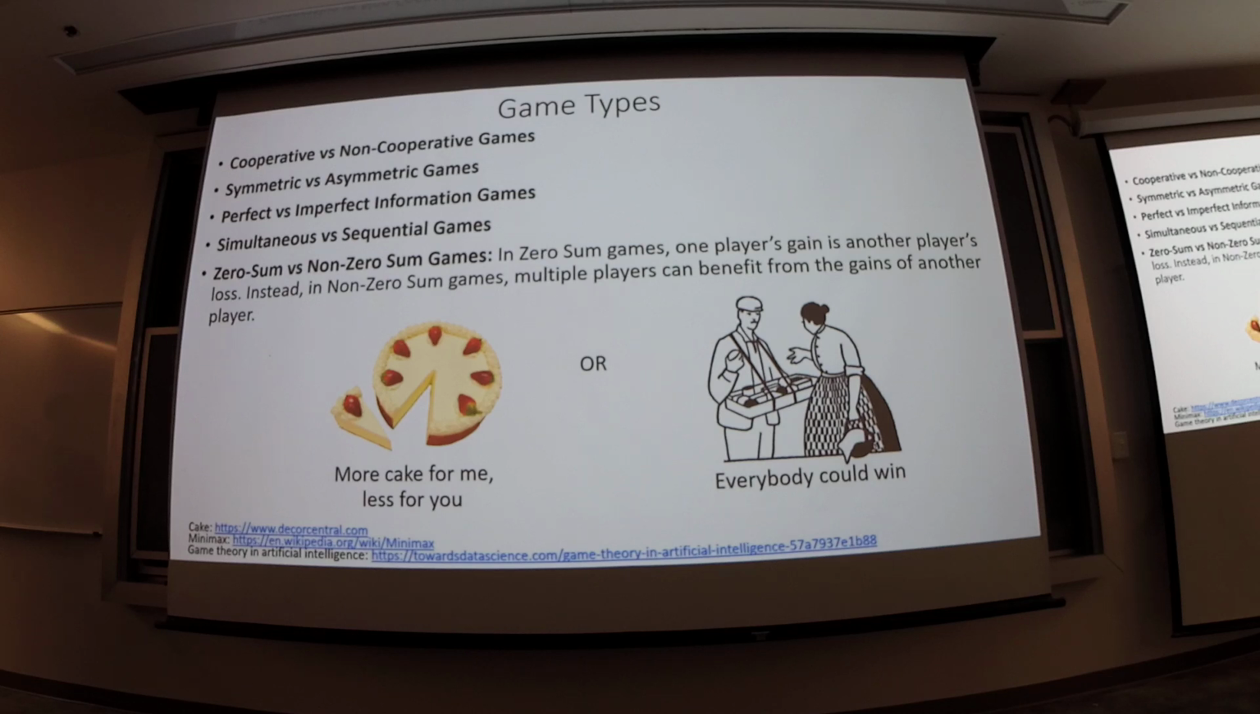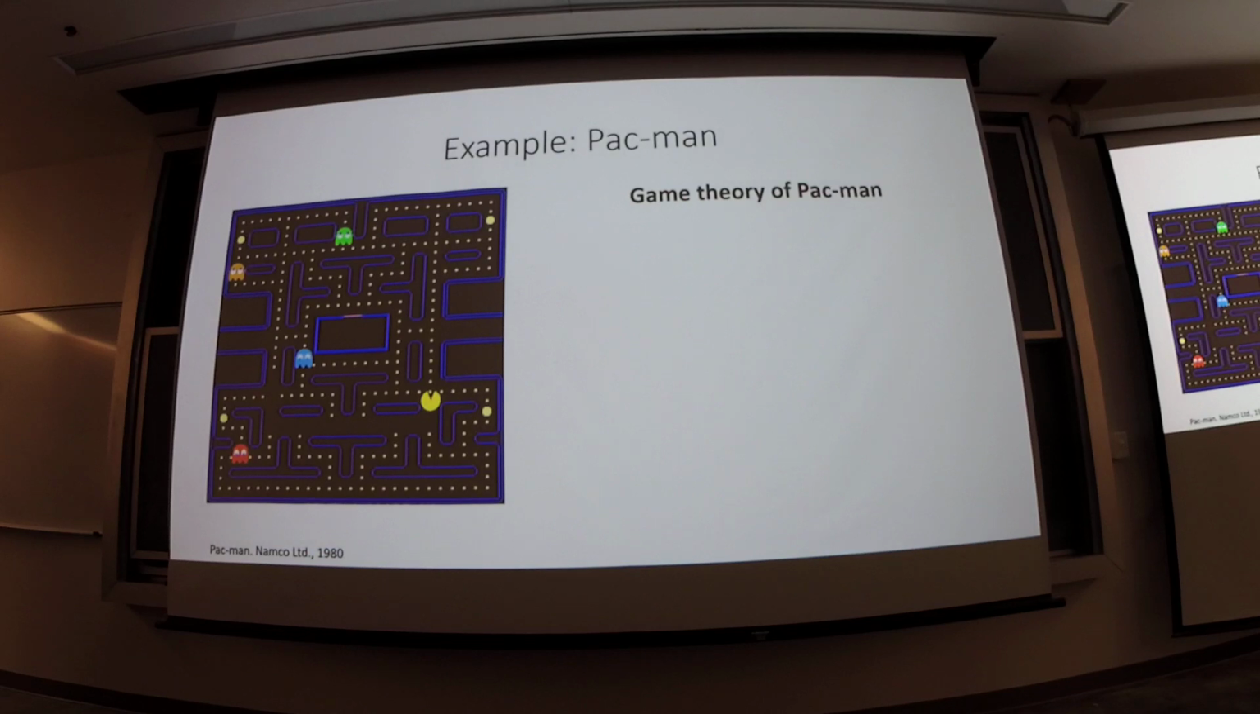And the sum of the payoffs remains the same at each point, right? While in a non-zero-sum game, technically everybody could win. These are games where each one wants to maximize his or her payoff, but this maximization of the payoff doesn't necessarily mean that someone else is penalized. Okay? So just as an example, let's define Pac-Man in game theory